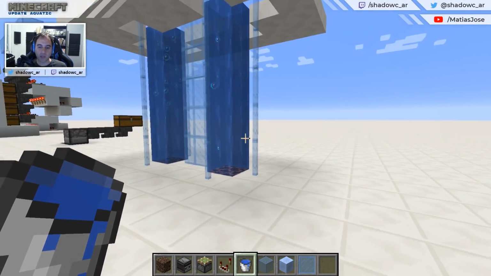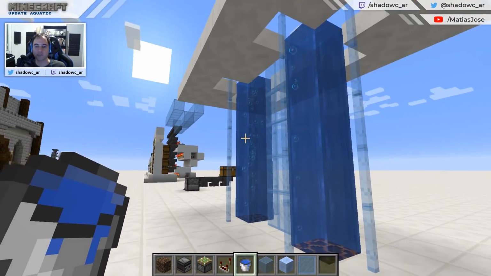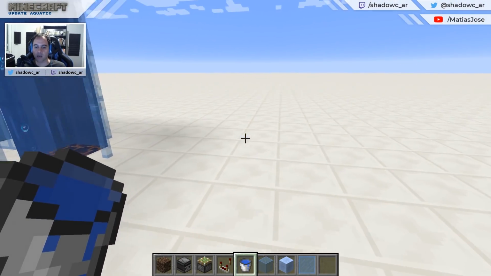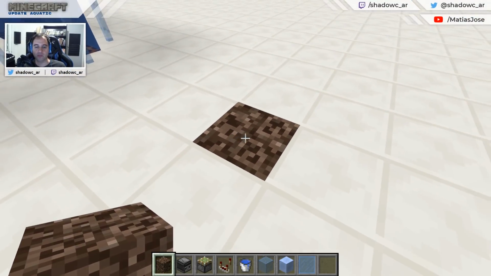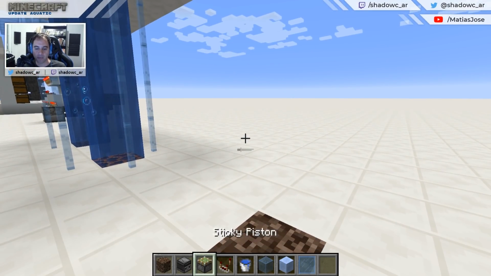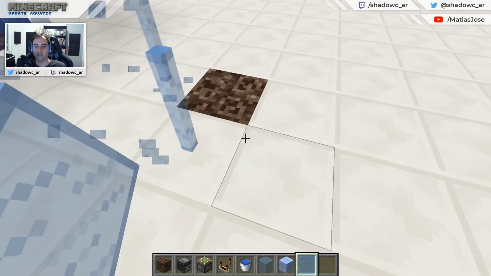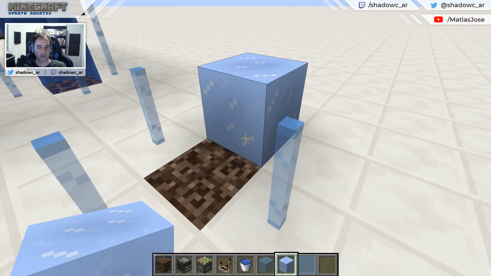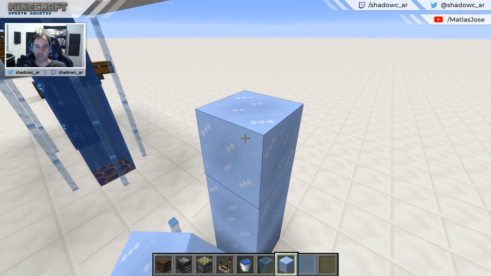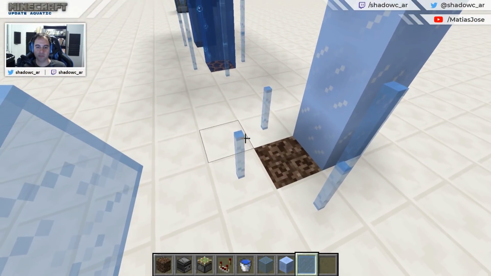Anyways, the way that you create one of these water currents with the bubbles, either going up or down, is that, for example, you put a hole in the ground, you put soul sand, which means that the bubbles are going to go up, and then you can do panes, like either side, like this, and then a block right here, because you can waterlock the glass panes, and that's not a good thing. So let's say we want to do something like that,